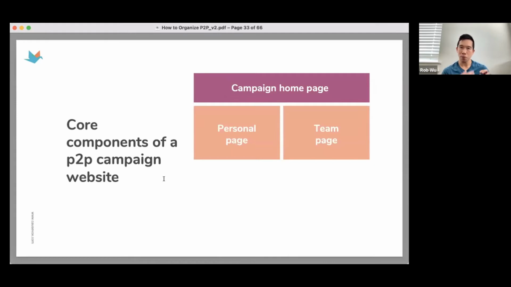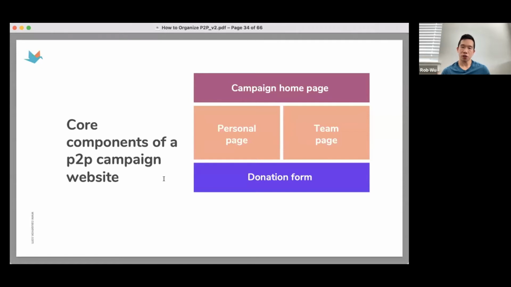So I would go in and create my own personal fundraising page and fundraise for your organization. And then the other part over here on the right would be team fundraising pages. And these are groups of individual pages or just a group page for a school, or for a church, or for a company where folks can have a presence as well. And below that, you'll have your donation form, so folks can actually take donations on their personal pages or make a donation on the campaign homepage. And the optional one over here will be an event ticketing form. If you do have an activity related to your peer-to-peer, if you're trying to sell tickets, you can also include an activity or a registration form, so folks can go in there and register for the event.